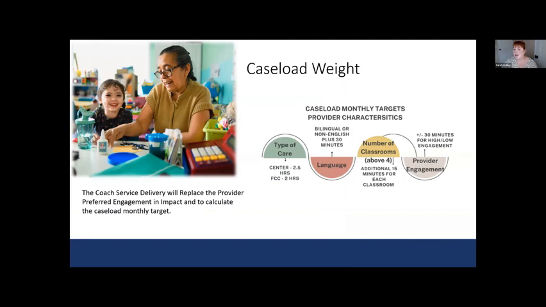It's also helping us, especially at the statewide level, to understand what coaching looks like for providers across the state, given that we know a family childcare isn't going to get the same amount of coaching as a center, and the same by language, number of classrooms, and how much they engage. So by collecting this data, we're able to anticipate how much time we expect they're going to receive in coaching, and hopefully it's also helping you all looking at those caseload monthly targets to set targets for yourself about how much time you anticipate working with the different programs on your caseload.